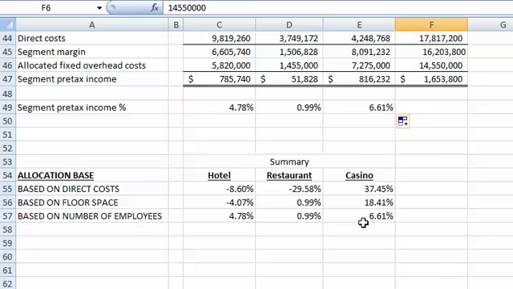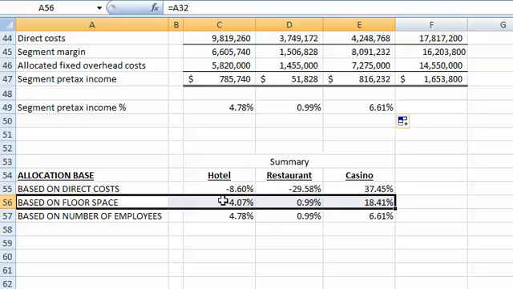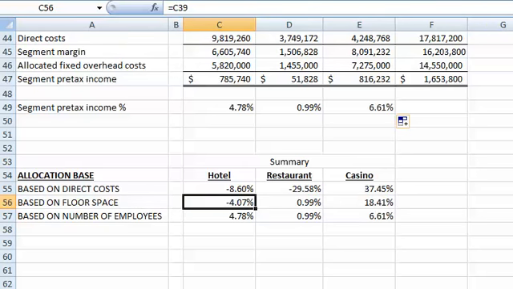In the long run, we really want to try to figure out what is a cause and effect. Which one of these segments or divisions is receiving a benefit from that common fixed overhead, and assign the overhead cost accordingly. But even if we had a very accurate allocation of our overhead, and let's say that it was based on floor space, well, the hotel would appear to be operating at a loss, but our risk would be if we shut down the hotel, we might be able to cut back some of our fixed overheads, but one thing's